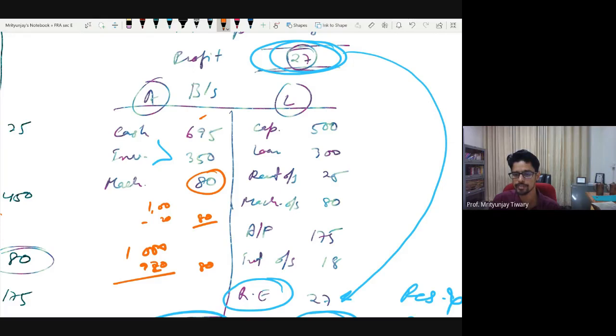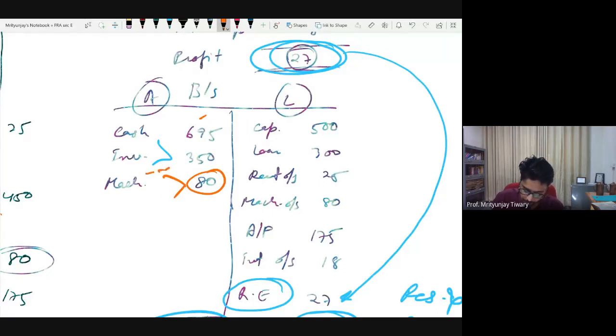Can we? We cannot. Now the next follow-up question is, is it important? Would we want to know how much of the machine is depreciating? Is this information of any use to anybody? Before I ask for responses, did the question make sense? I am asking that in the balance sheet only the net figure is available. From the net figure I don't know the bifurcation: what the machinery was initially worth, and what you have already depreciated, resulting in 80 lakh of machinery. Is it a new 80 lakh machinery? Is it 1 crore of machinery which has become 80 lakhs now? Is it 500 crore machinery which has become 80 lakhs now? What is the case?